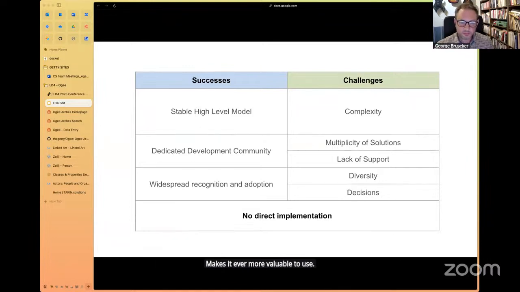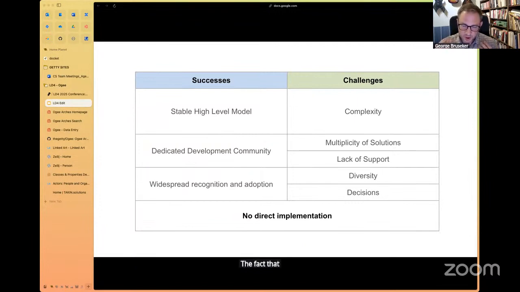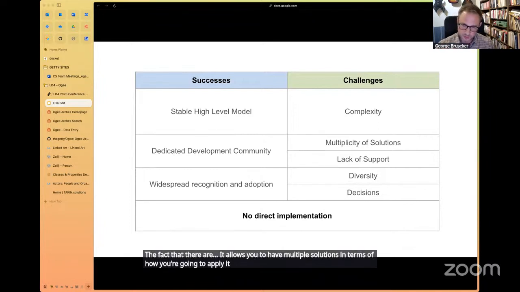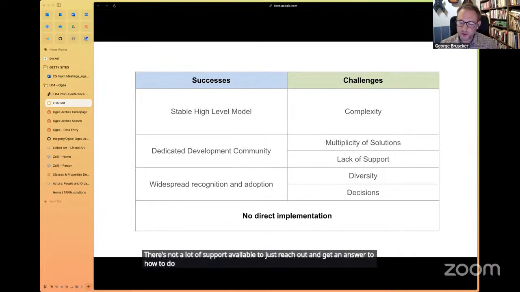But it has some strong challenges in terms of the complexity of understanding it, the fact that it allows you to have multiple solutions in terms of how you're going to apply it. So you don't actually necessarily arrive at a data integration. There's not a lot of support available to just reach out and get an answer to how to do something.